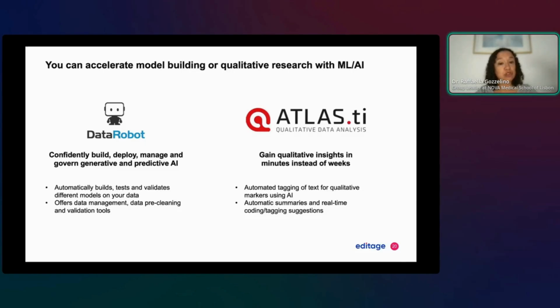So you can build it automatically with test and then validate the models on your data, and then offer even data management and data pre-cleaning and validation tool. And these are specific software, like DataRobot, that does that. With the other software, you can gain qualitative insight in minutes instead of weeks by doing an automated tagging of texts for qualitative markers using AI, or automated summaries and real-time coding tagging suggestion. And these are indeed some examples of how you can go faster in building your model or analyzing your qualitative